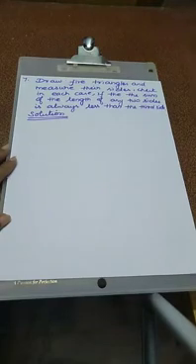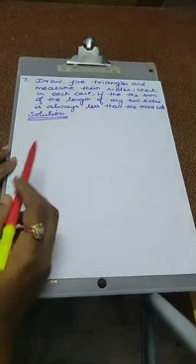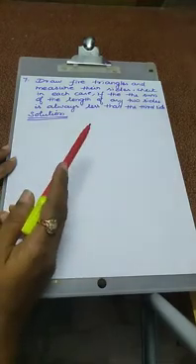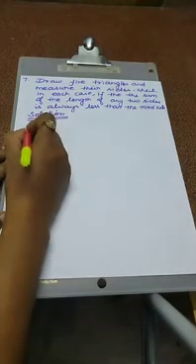Next question: draw 5 triangles and measure their sides. Check in each case if the sum of the lengths of any two sides is always greater than the third side. We are going to draw triangles, then we have to measure their sides and check the sides of the triangle. That is our question. First I am going to draw the first triangle, where all three side values are equal.